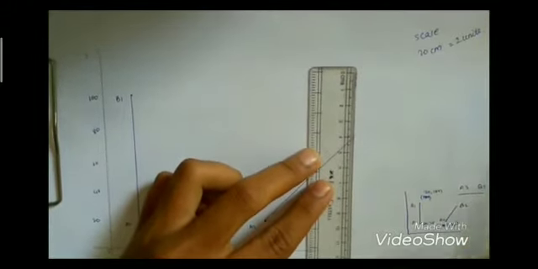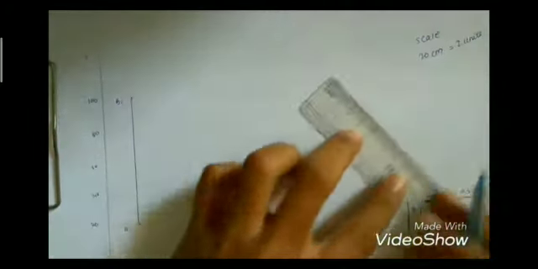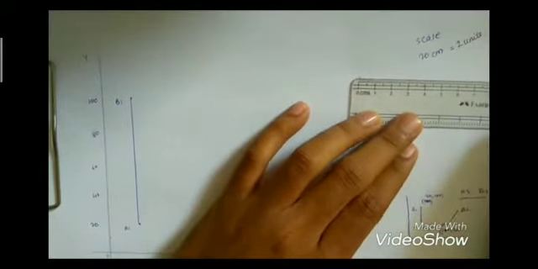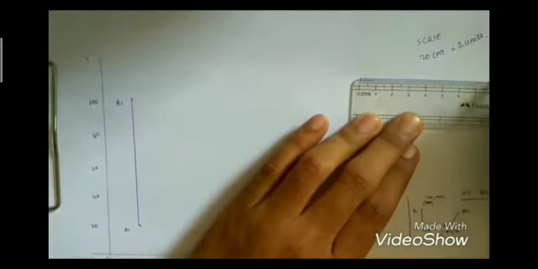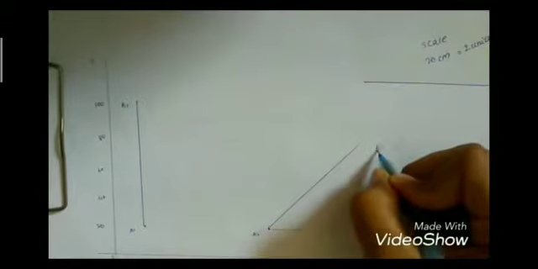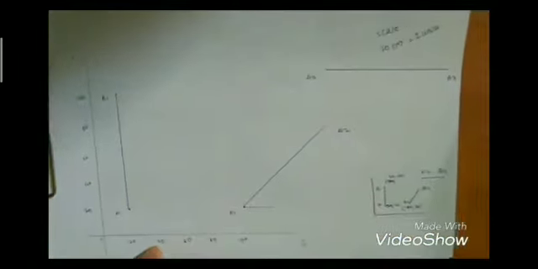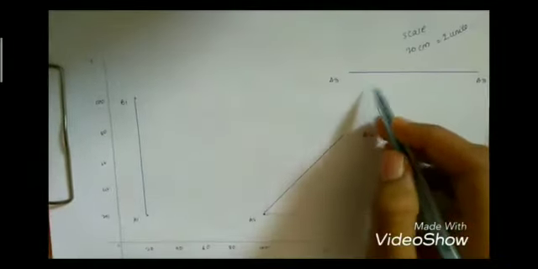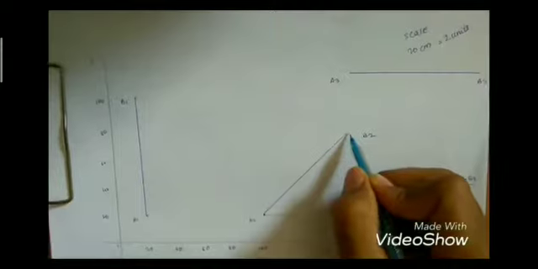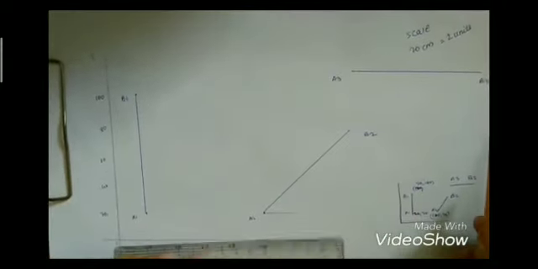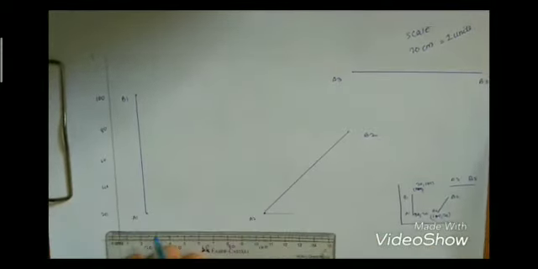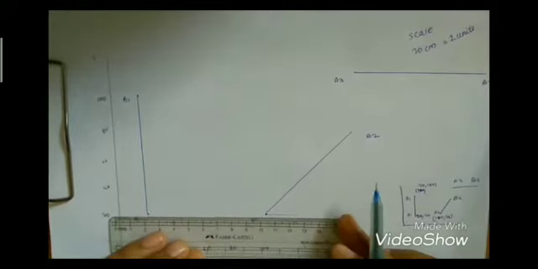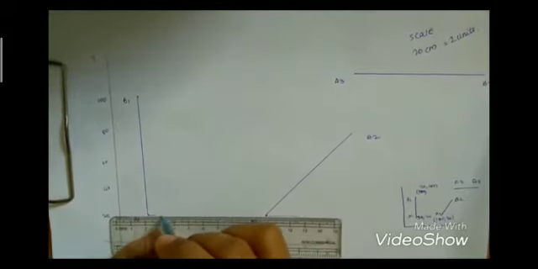So let's consider it as here and mark the last link. So in this manner this will be B2, A3, B3. So we get the diagrammatic representation on our graph paper in examination. Now all we have to do is start joining the points. First, join A1 and A2 with a dotted line